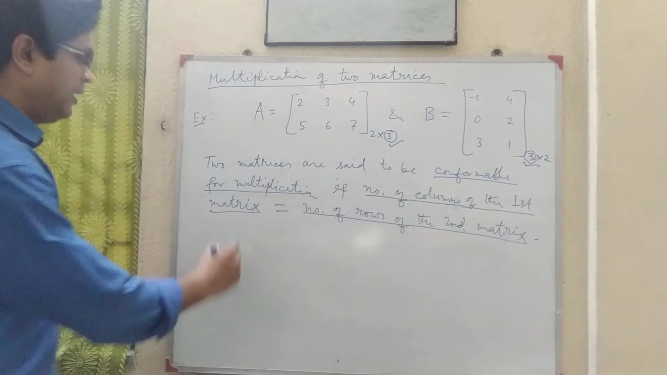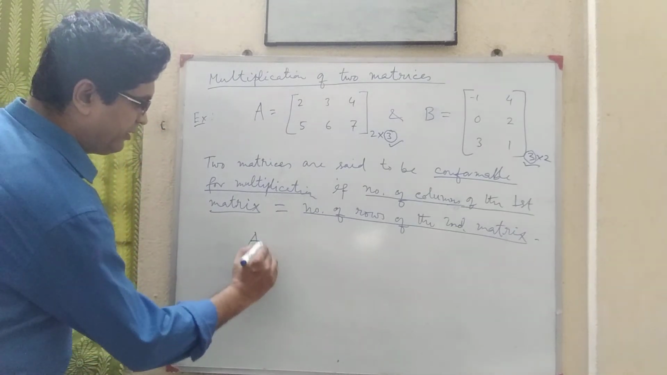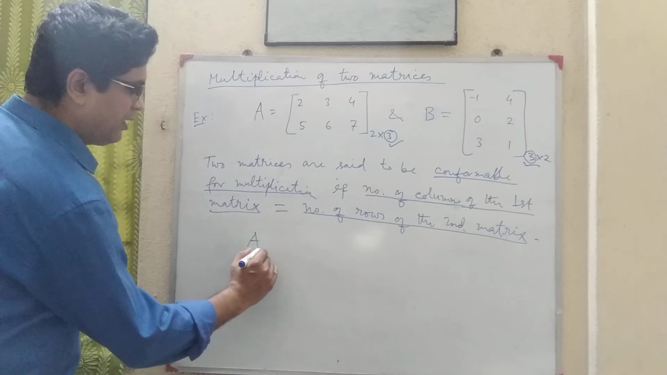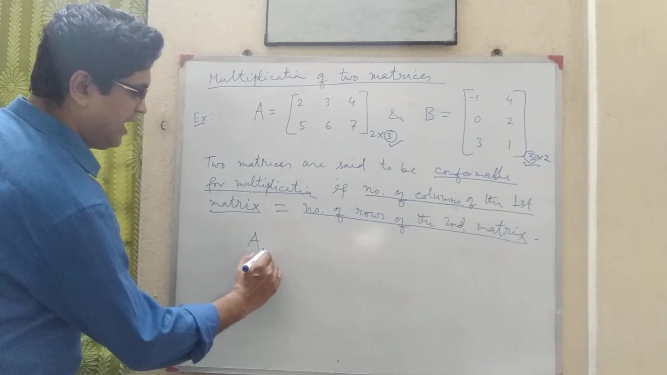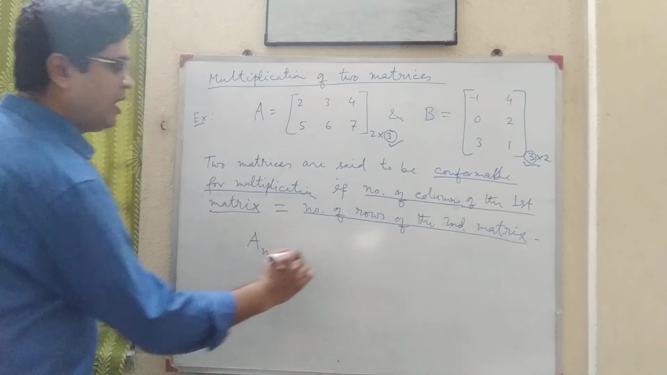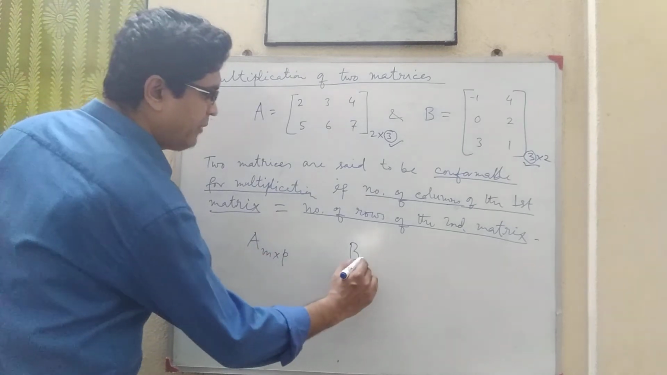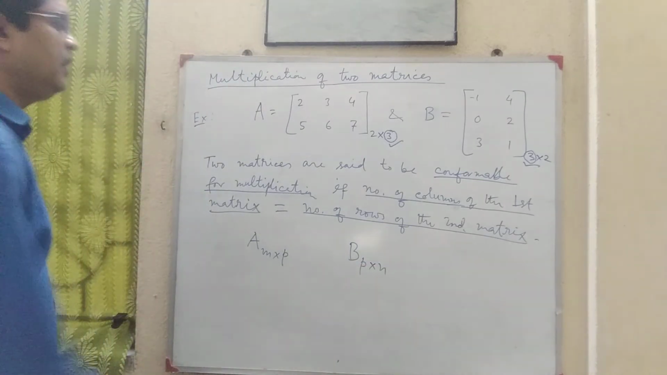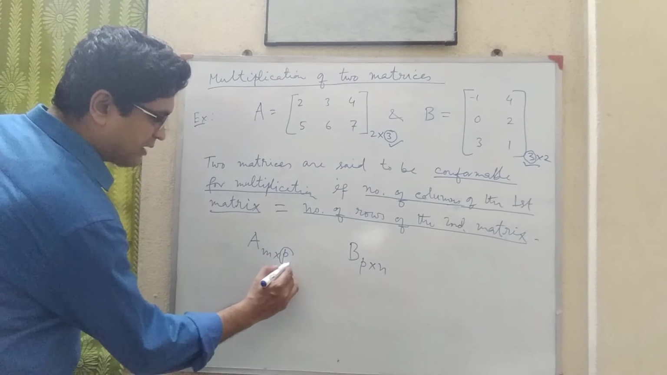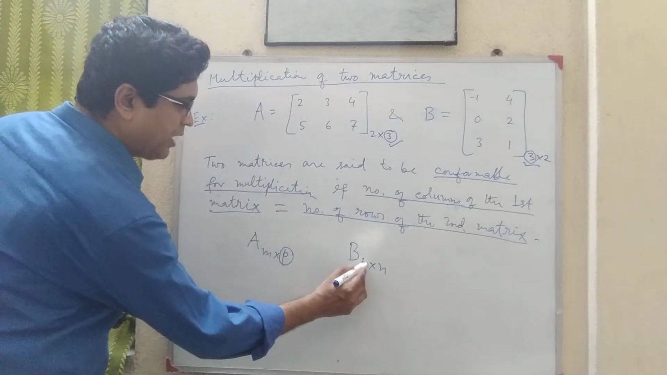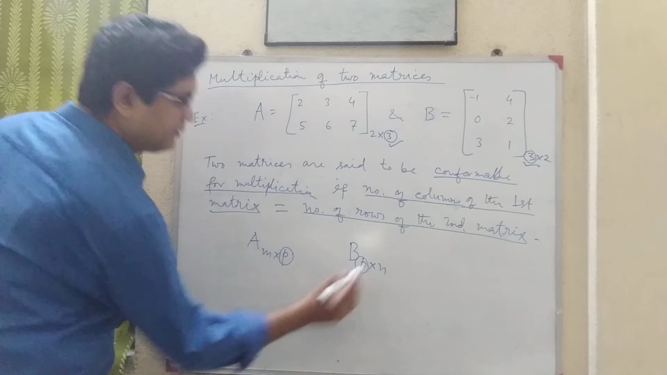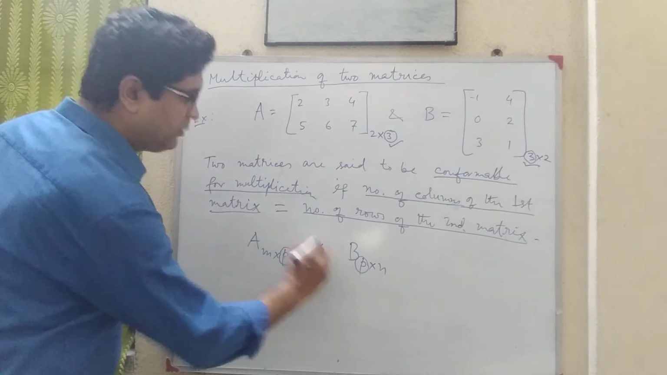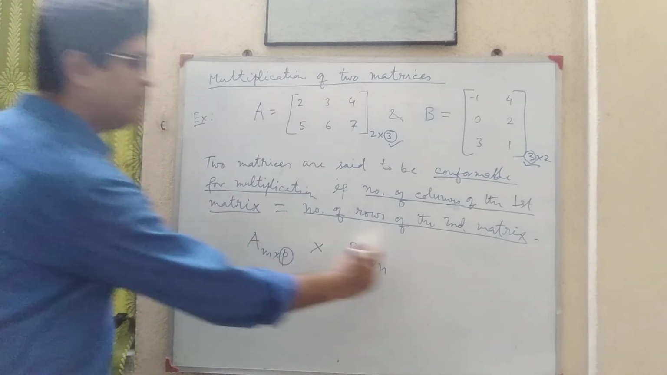So here, the general rule is: suppose the order of the first matrix A is M by P, and the order of the second matrix B is P by N. So the number of columns of the first matrix A is equal to the number of rows of the second matrix B. Now if this condition holds, then they are said to be conformable for multiplication, that is they can be multiplied,